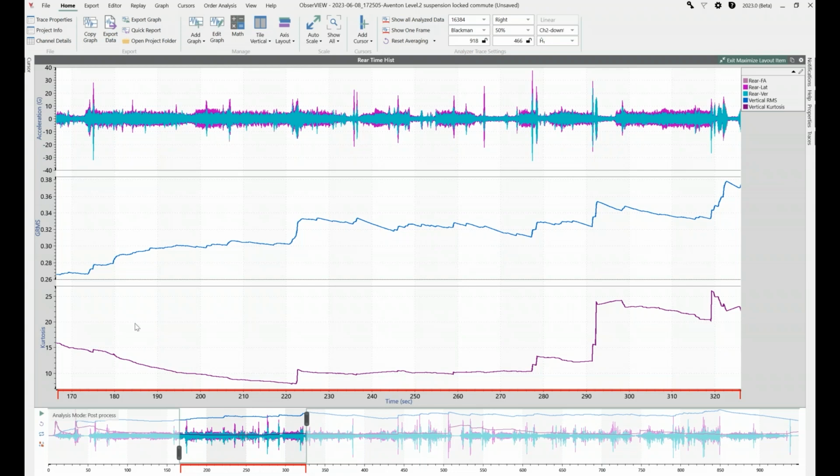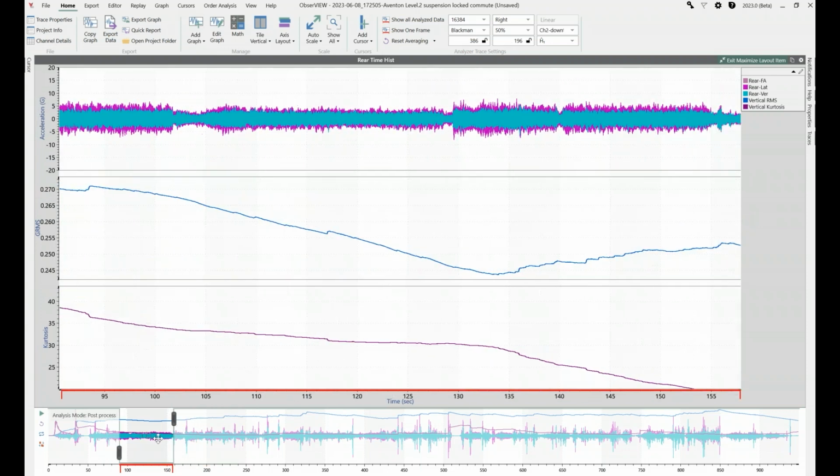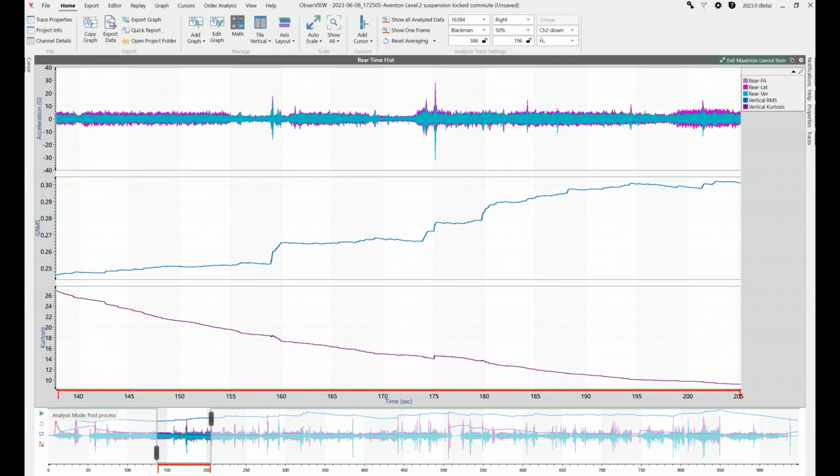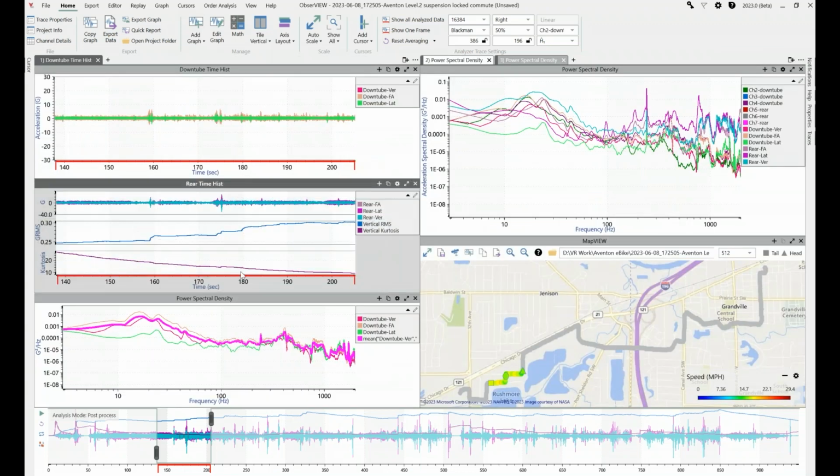This kurtosis is relatively high. Random data is going to have a kurtosis around 3. And this data is moving between 10 and 30 kurtosis, which is telling me that it's not very random data. There's a lot of spikiness, let's call it, in the data from hitting potholes and so on. When I would go to create a test for this, I'd strongly recommend using the kurtosis control feature of VibrationView. And I use this kurtosis trace as an indicator of what kurtosis I should use when creating a PSD with FDS. So just to give a demonstration of that,